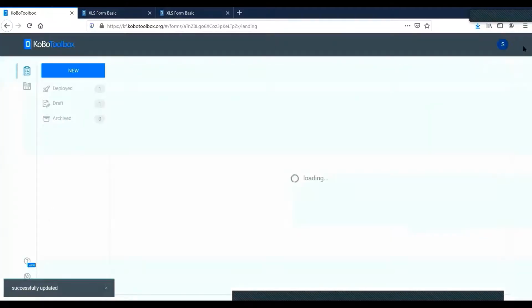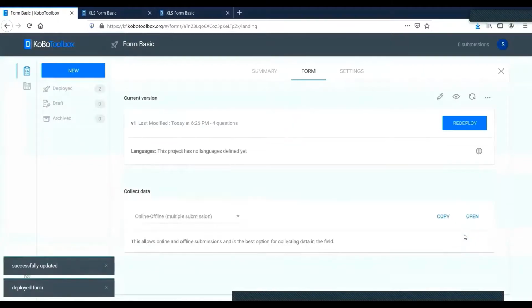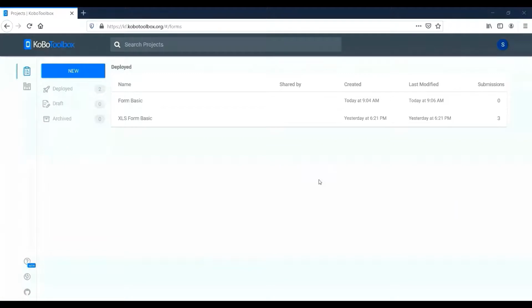Then let me close this, then deploy it. Yeah, form has been deployed. Now let me close this. You see, so now, yeah, this is over. I have completed the demonstration of developing the form by uploading Excel form and developing it online. Let me show now adding some additional features to this form basic, because when forms are developed